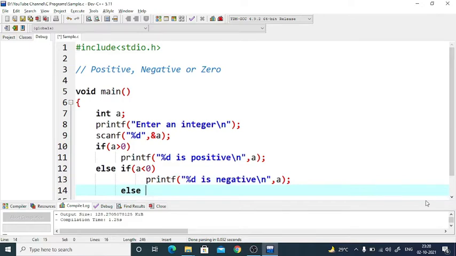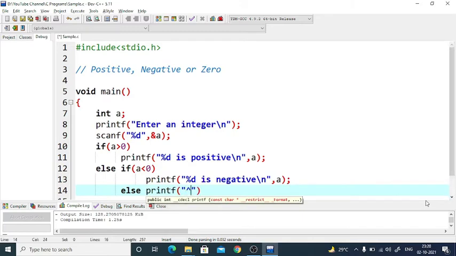If a greater than 0 is false, we come to the else part. If a less than 0 is also false, so when we come to that else part, we are very clear mathematically that the number is 0, and hence I don't need any checking.